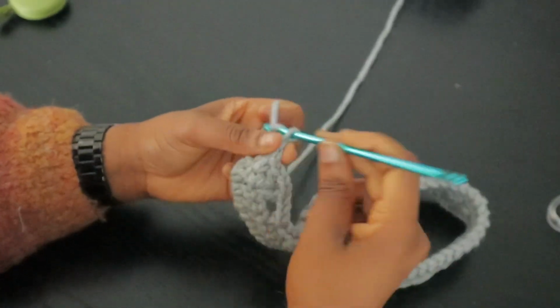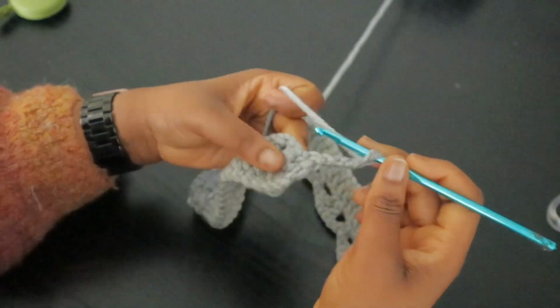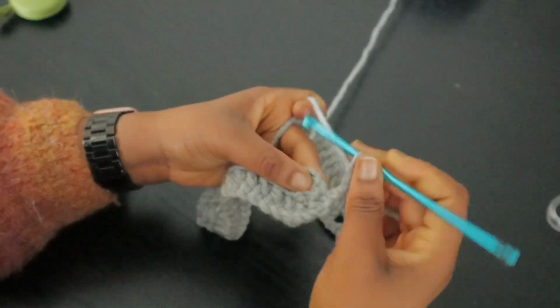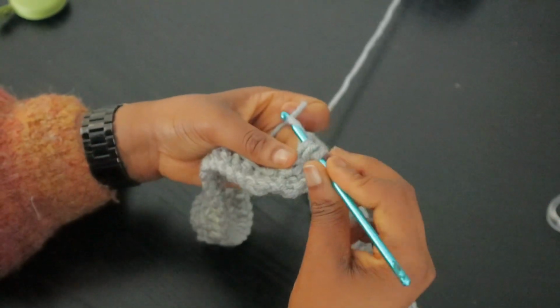And for row 3 we are going to chain 4 and turn. After chaining 4, you're going to work your first set of clutter stitch into this V stitch. So you're going to yarn over, go into this chain 2 space, and just the same way you would work